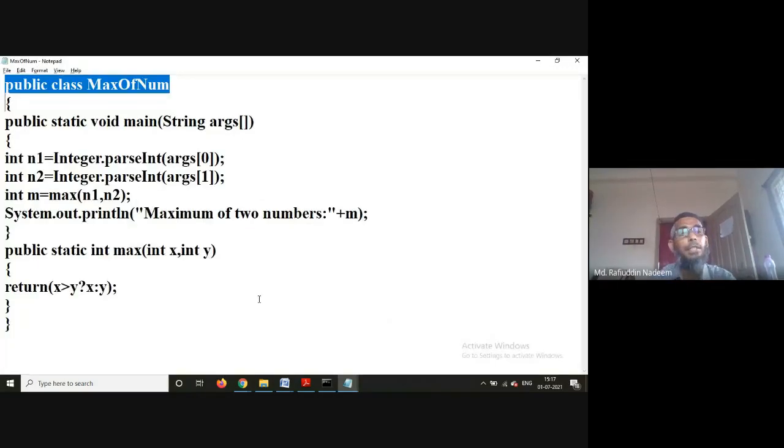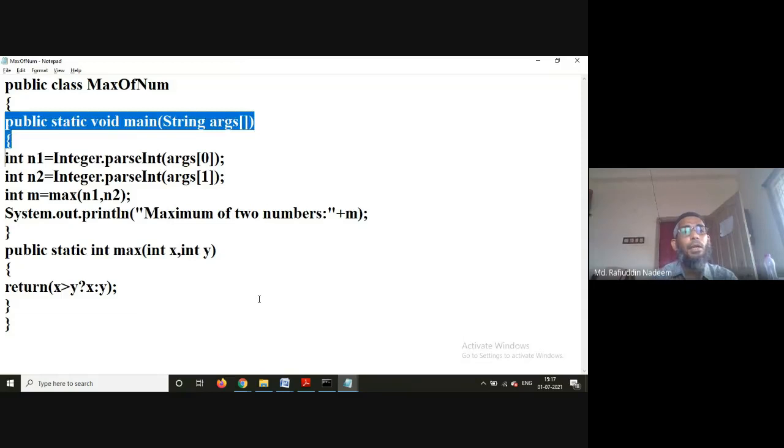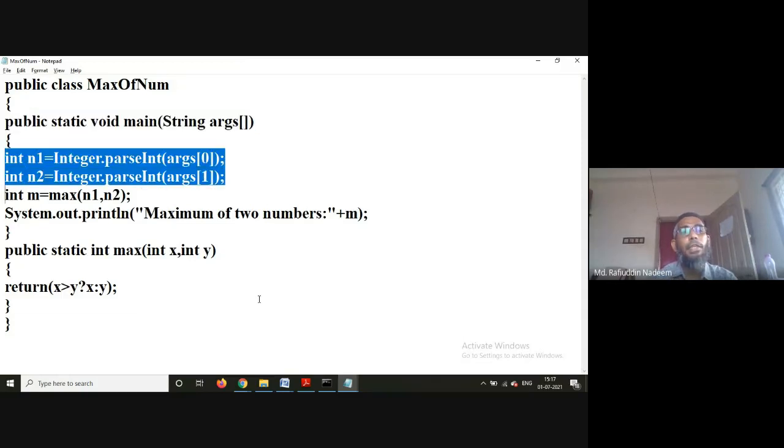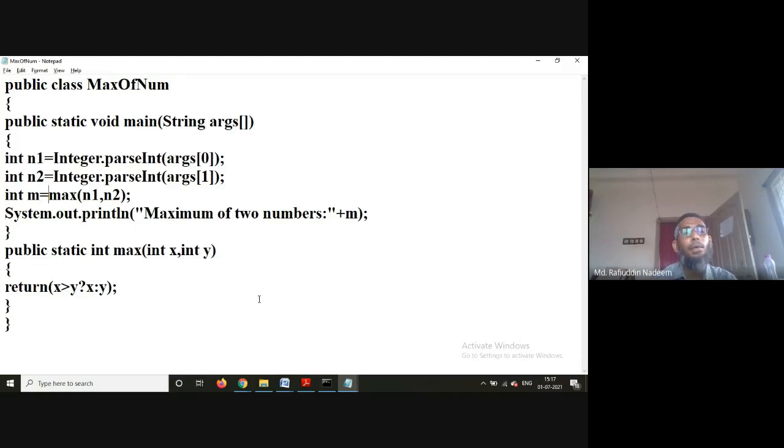So, why am I discussing this simple program? Again, to tell you one new thing here. This you already know, Integer.parseInt. You can pass the numbers from the command prompt. It is possible for us. Once you pass the numbers from the command prompt, then those numbers can be taken. Now what I am doing here is I am going to pass those 2 numbers to another method.